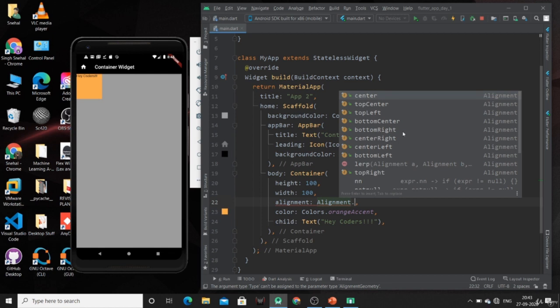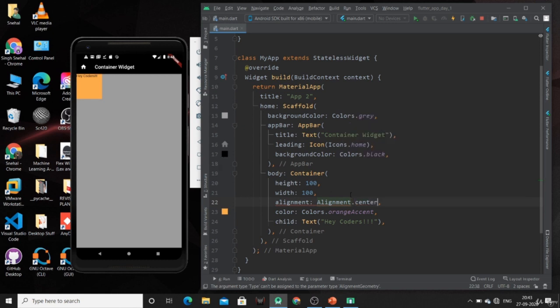This is the position for our child widget, not the container widget. So if I use center alignment, then my text will be at the center. So just hit Ctrl S. Now you can see that our text widget is aligned to the center of our container.